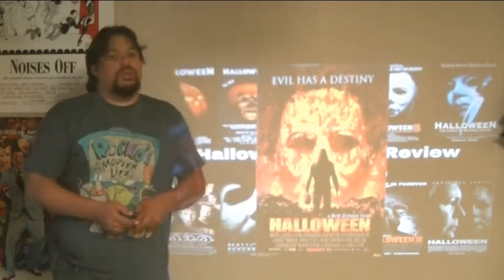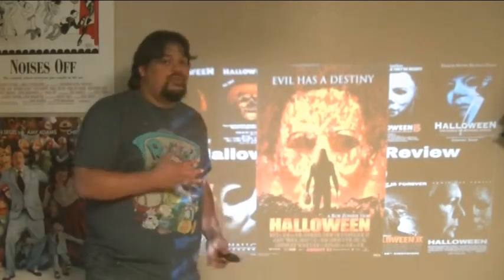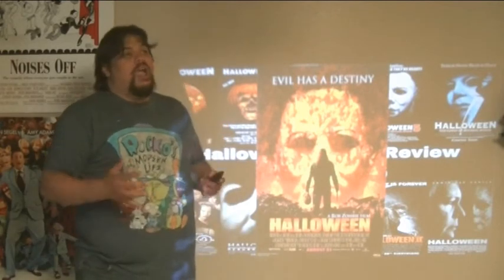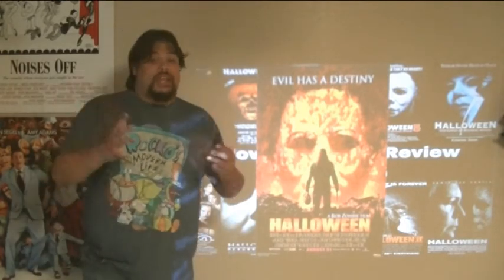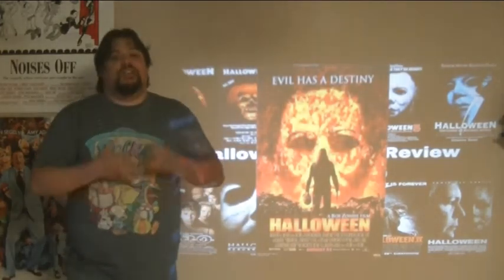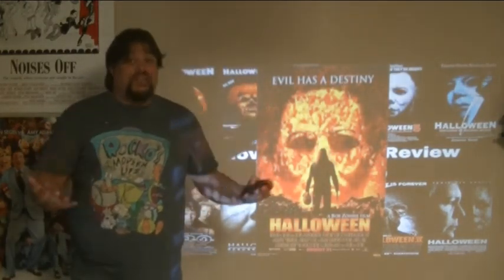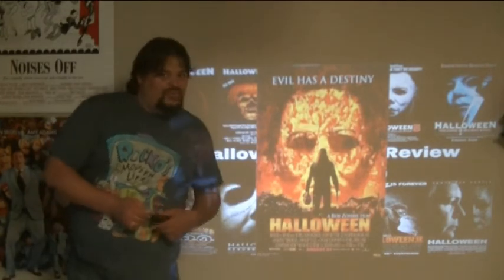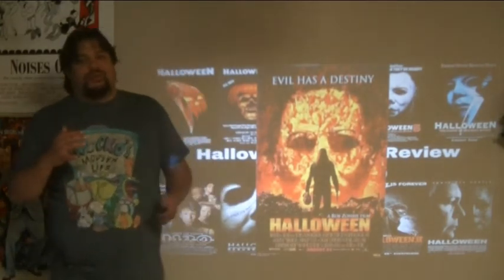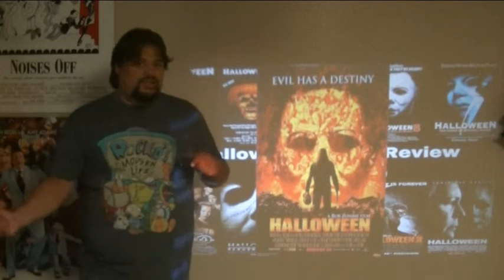His mom commits suicide, leaving his baby sister alive, and they actually show a connection. The sister angle wasn't brought in until Halloween 2, so Halloween 1 doesn't need to show it, but this one knew the family angle, because family, and decided to go for it right from the beginning. It shows that strong bond, which is why Michael goes back to Haddonfield, looks for his sister, and the events of this movie happen. Oddly, it also features in one of the supporting roles, who's also in the second one, Halloween 2,